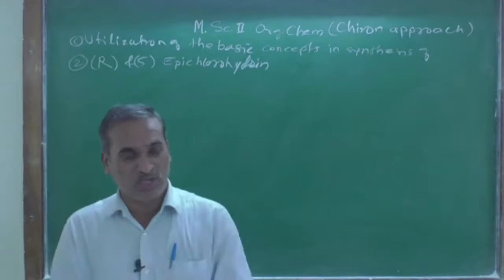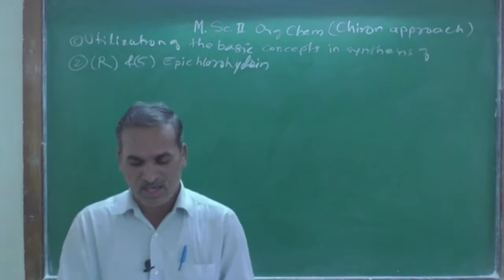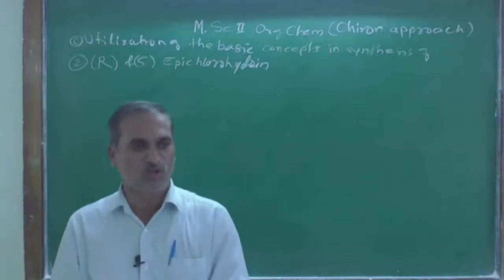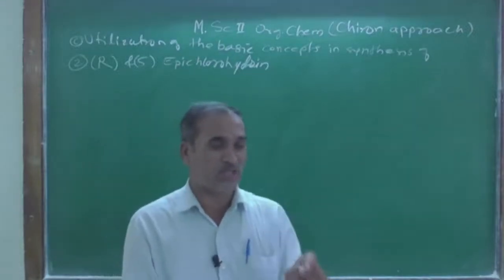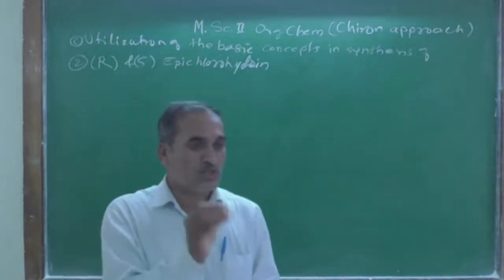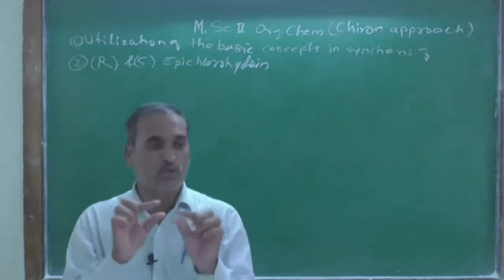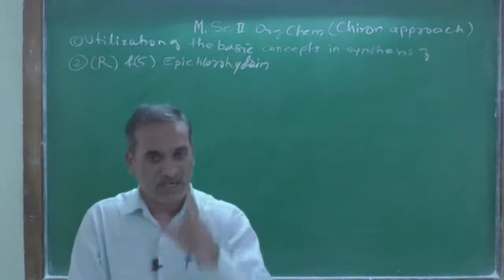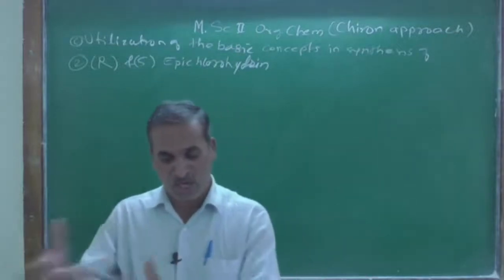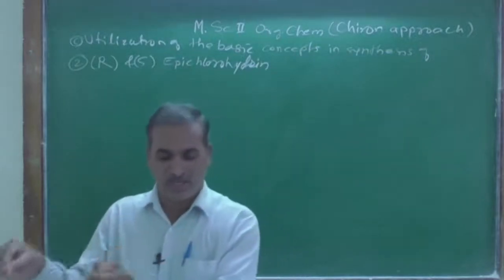The third reagent we have used there, what is that? Lead tetraacetate, right? Lead tetraacetate in presence of benzene. Benzene is used as a solvent, and lead tetraacetate is a reagent used for oxidative cleavage of that 1,2-diol, and that 1,2-diol is converted into an aldehyde. Remember, that is a specific use with the help of the mechanism. Yesterday we have seen how it is applied and how we are getting the aldehyde.